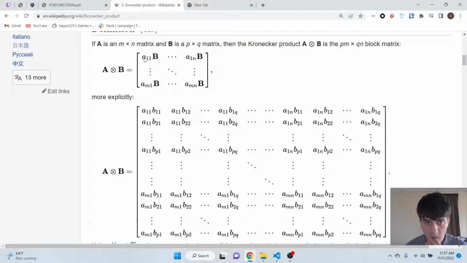No, it's going to look like a matrix of identities times each of the coefficients in A, which means